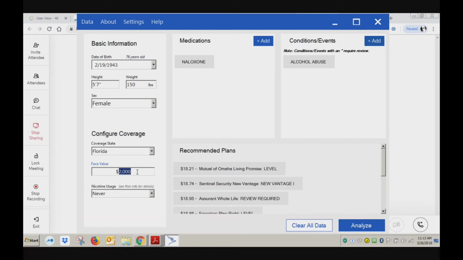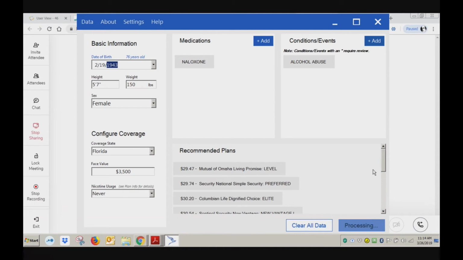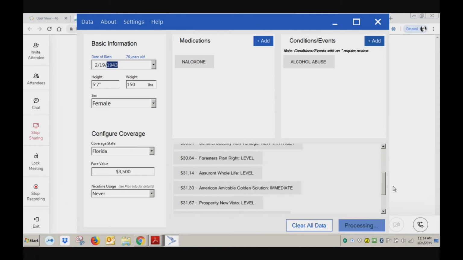Any manager is not going to know every state he has an agent in and all the different minutia about each carrier. It's overwhelming. So if you put in here 3,500 and run it again, we'll see what happens here. Probably AMAM because it starts at 2,500, American Amicable, and Aetna starts at 3,000. And let's see what happens. AMAM comes up, American Amicable immediate,